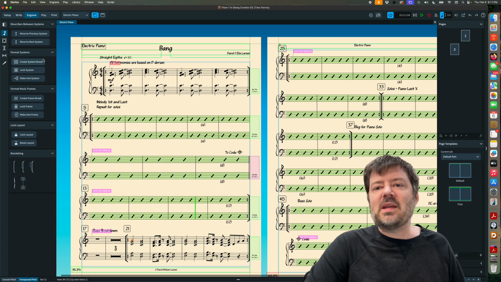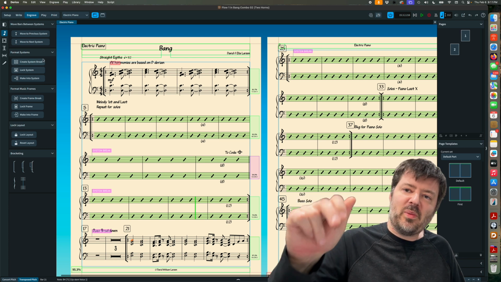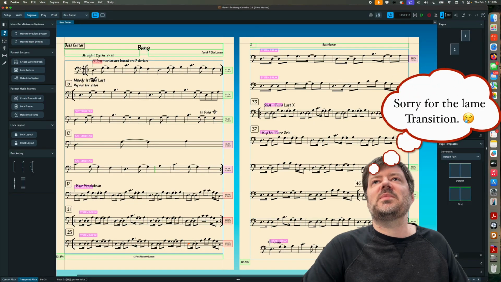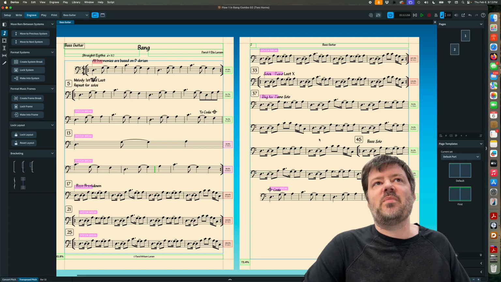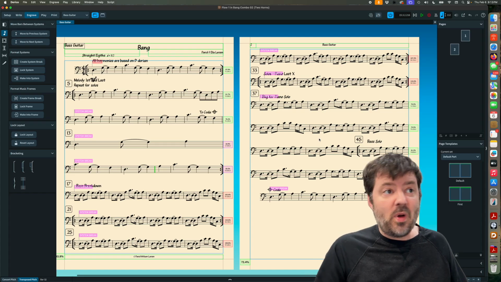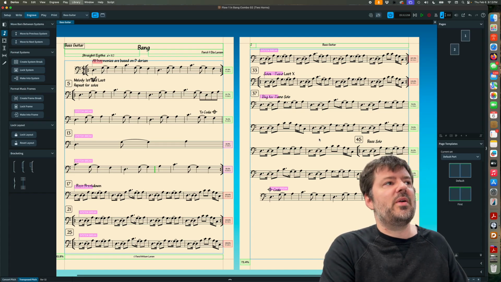That's a really handy tool. It was kind of like in Finale when we hit the up arrow and the down arrow. And oftentimes I like to make it so, especially on rhythm section parts, there's an even number of measures on each system. Now, if you want to default to that, just so you know, if we go back to the layout option,